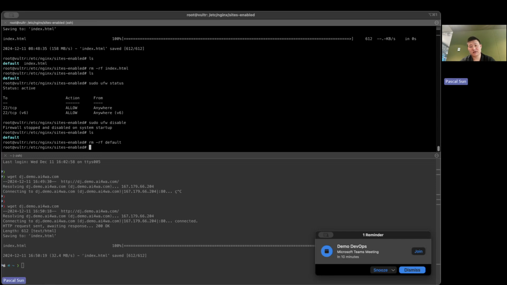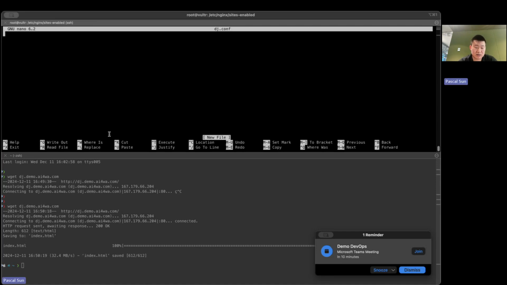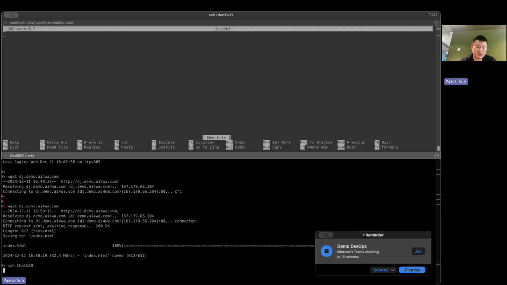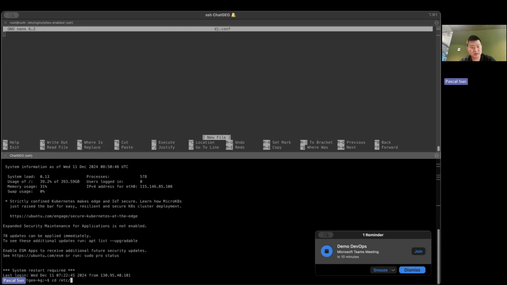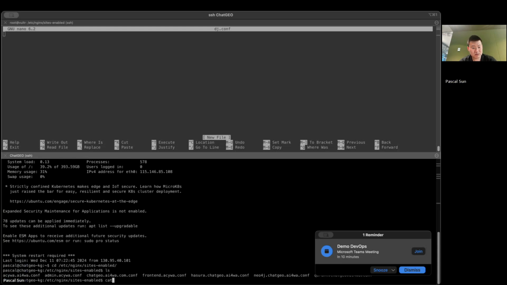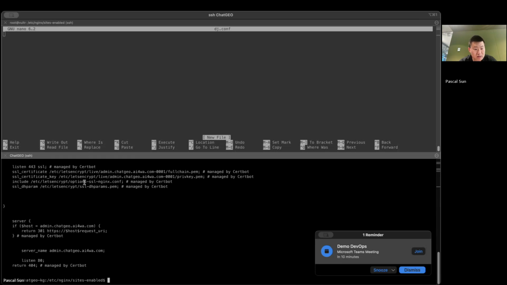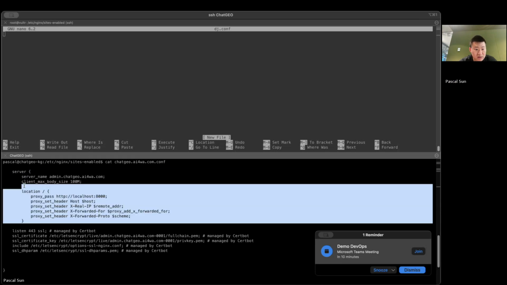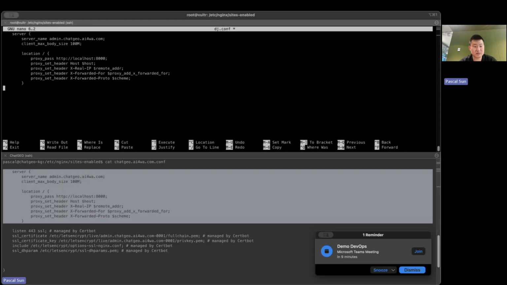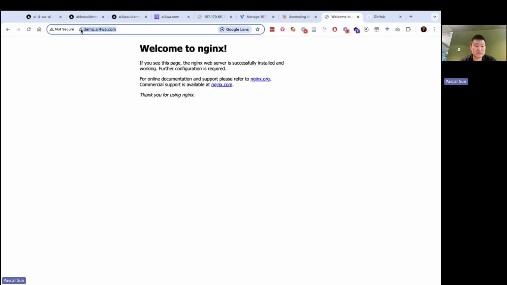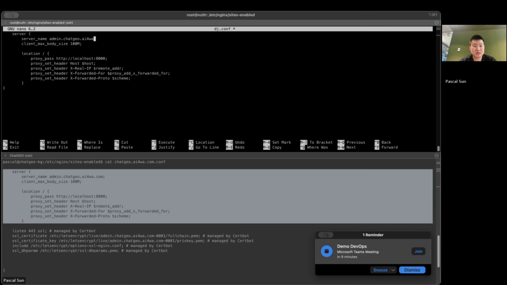this configure file. So we will create a new one called Django config. And it must end with the config. And then we were trying to find the similar configuration here for us to use. So we will use this one, copy here, because this is also for the Django. You can see it's proxying to the proper places. And then we want to use this domain, which shouldn't have the